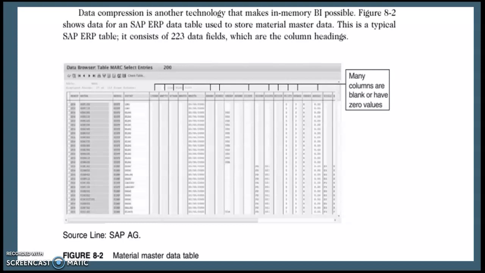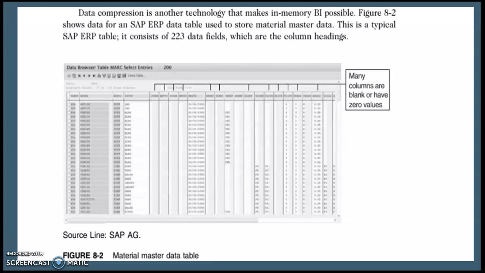Essentially, the system says this entire column is 0, or the next 100 items in the column are 0. When you look across the rows of the table, the number of 0 or blank values is not as large, so the savings from noting 0 or blank values are not nearly as large.